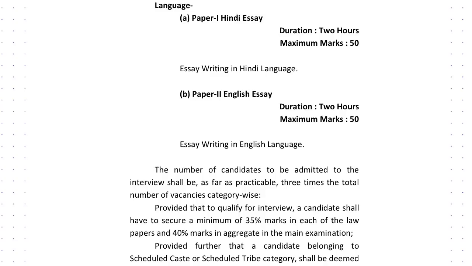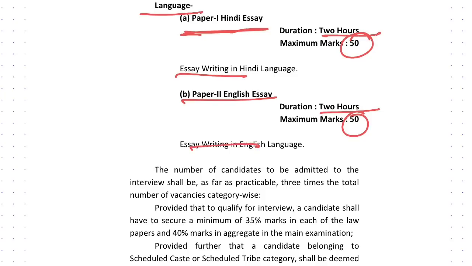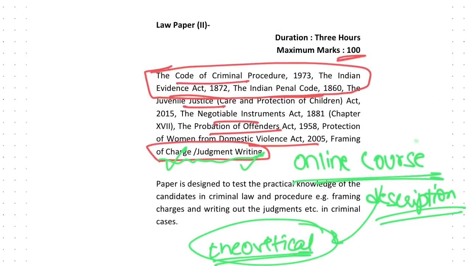Now the next paper over here is the language papers, which is the Hindi and English. And they say that this is 50 hours in a 2-hour paper where you will be doing essay writing. So in this you get 100 marks for just writing essays, as compared to, let's say, the law papers, where